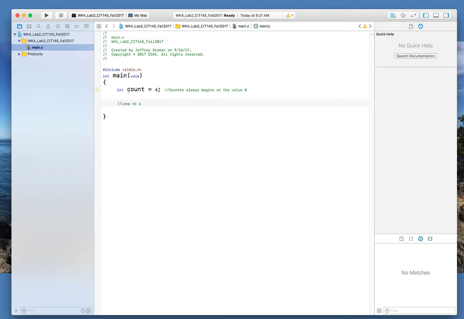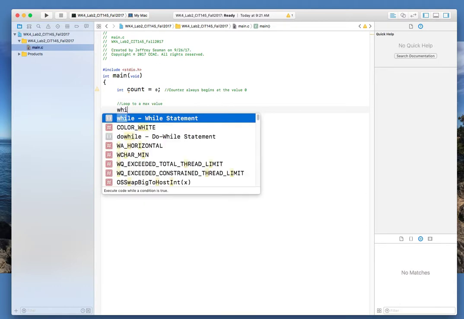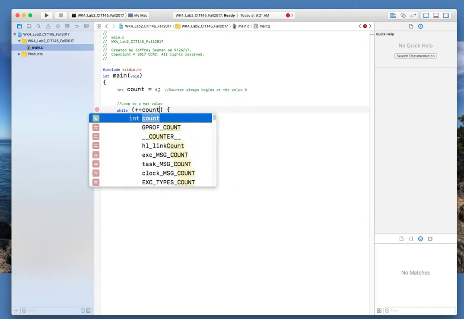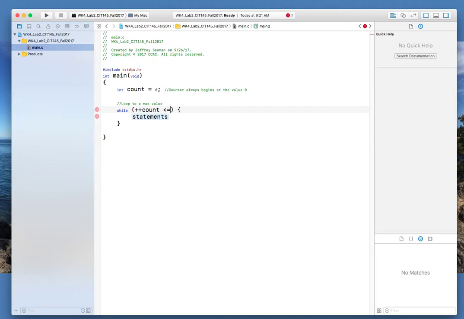to a max value, whatever that is. So I'm going to say while, and my condition here, I'm going to do plus plus count. What does that mean? We're going to take this count, and we're going to do plus plus, which means we're going to add the next value. So what comes after 0? 1, 2, 3, and so forth. So we're going to say when count is less than or equal to 1,000, for example. Okay. We're then going to